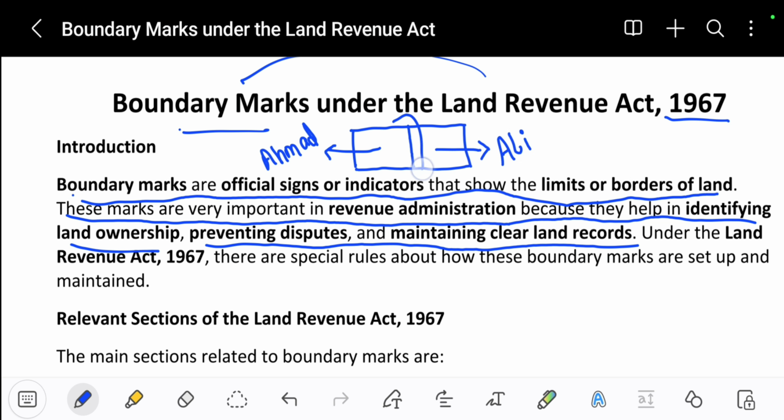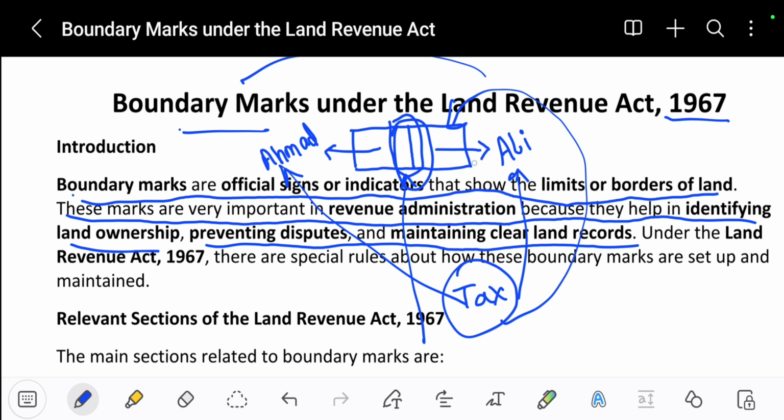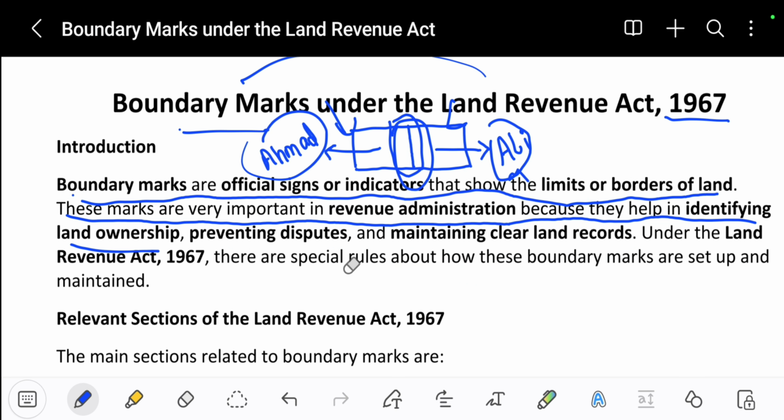Why is this boundary mark important? If a person is collecting tax from both of these owners, with the help of this boundary mark, the tax officer will know that this land belongs to Ali and this land belongs to Ahmad. This helps in collecting tax. This helps in identifying the exact ownership, which one is the owner of which land. Okay,